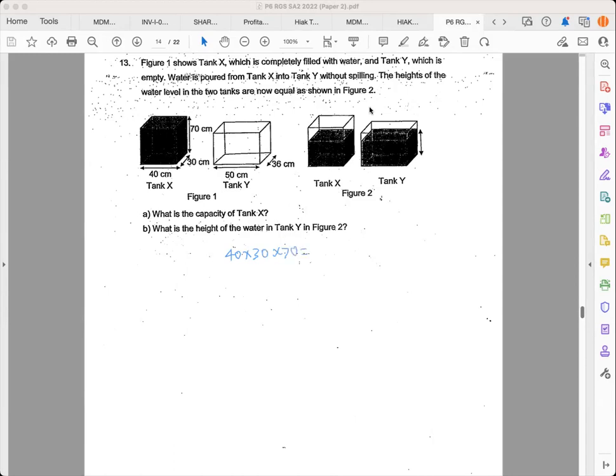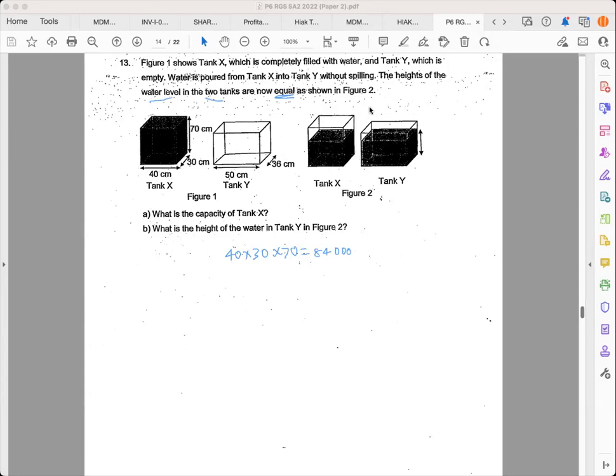That is the total amount of water we're dealing with. So we are going to redistribute this 84,000 ml of water